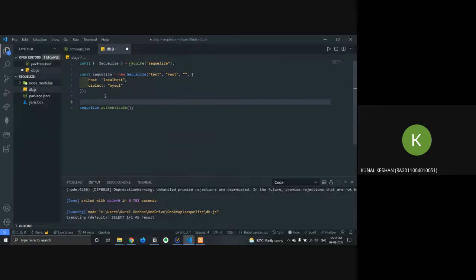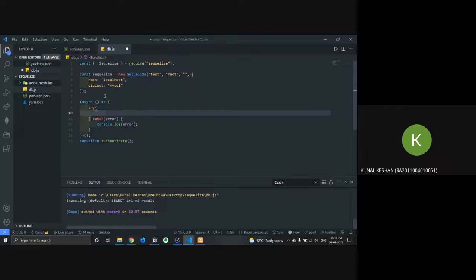Okay, so for now, what I'll do is make an anonymous asynchronous function, and it's a self-calling one. In this, I'll just pass in the sequelize dot authenticate.